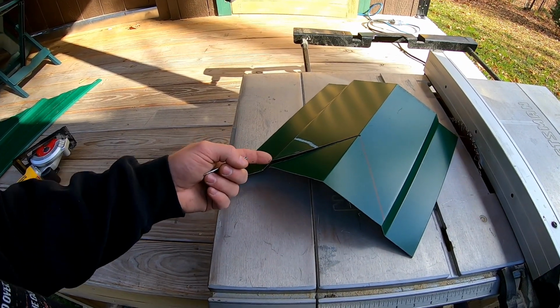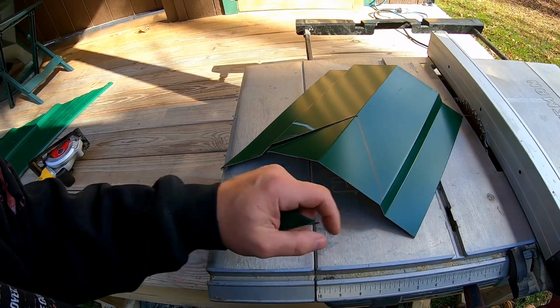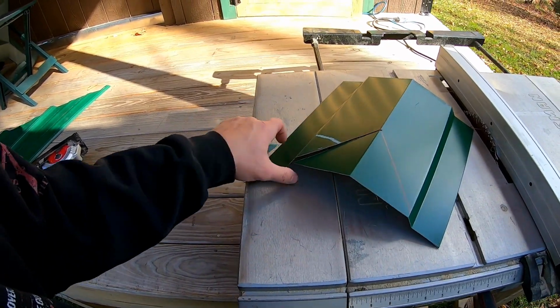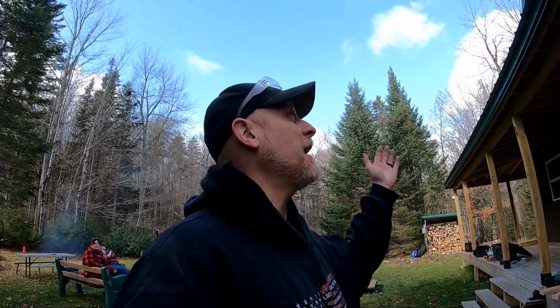Then I made relief cuts here, and then I just bent them all in, and you get that. You can kind of see it. Maybe not a professional job, but if I had someone put a roof on the entire cabin and my porch, and with the specialty tools, fold everything over, make it look 100% professional, it probably would have cost me